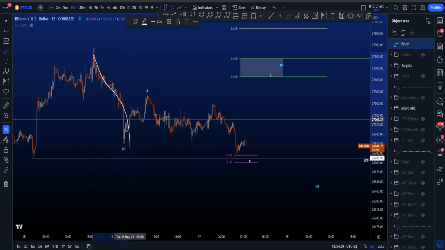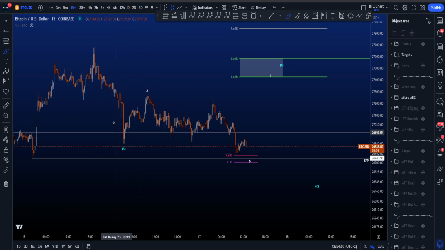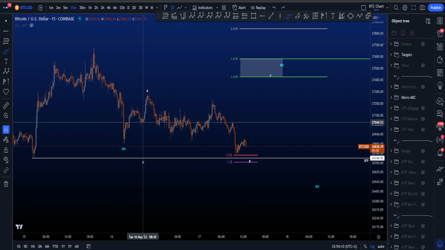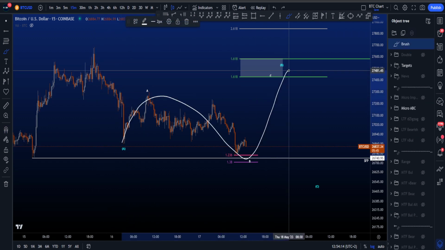If this is an impulsive structure, it can only be those three options. Now a wave C for me is kind of invalidated because this C is very, very long. So I'm looking at this to be an A or a wave 1. And in this scenario, it's a wave A, followed then by potentially a wave B, and then a C to